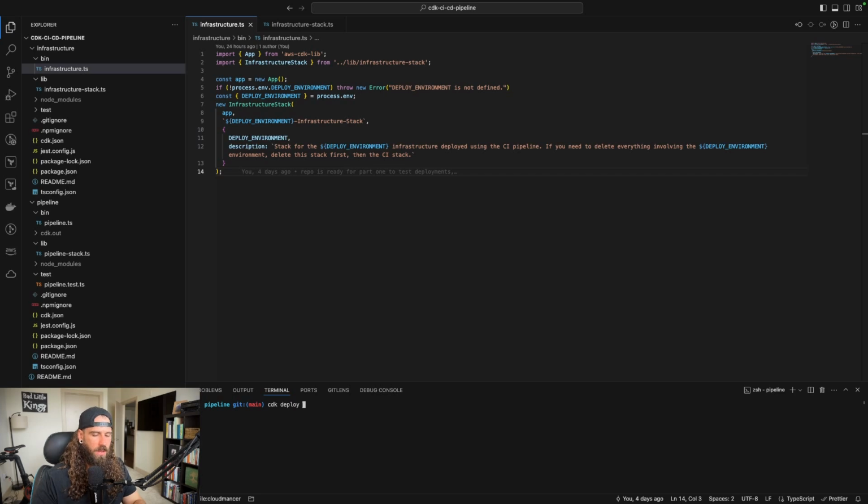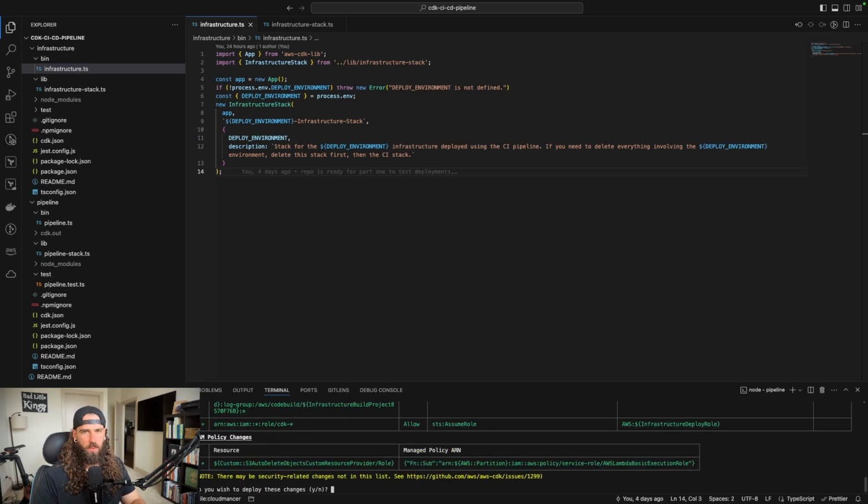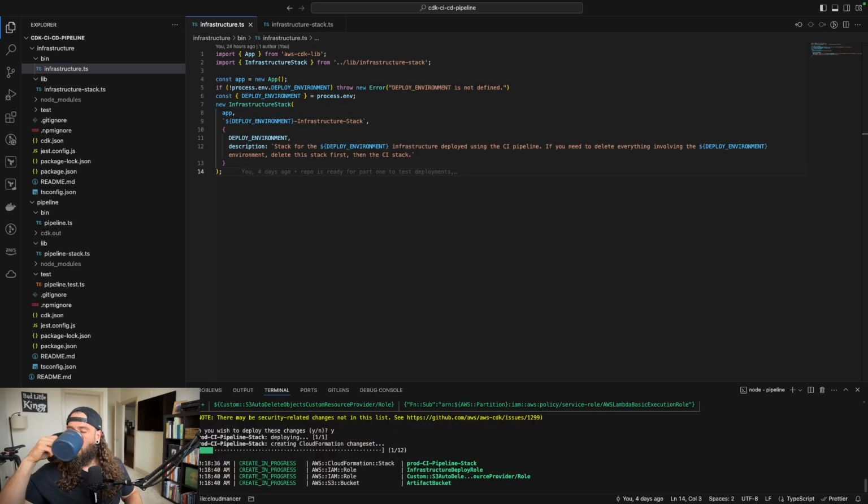And we're going to CDK deploy --profile Cloudmancer. If you don't know what profiles are, you can check out this video that I did on them a few weeks ago. Then --context env equals prod. Again, remember these pipelines, once they're finished, are meant to be deployed really only one time. We'll confirm yes, and we'll wait for that to deploy.